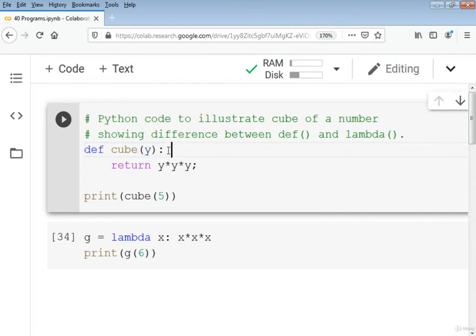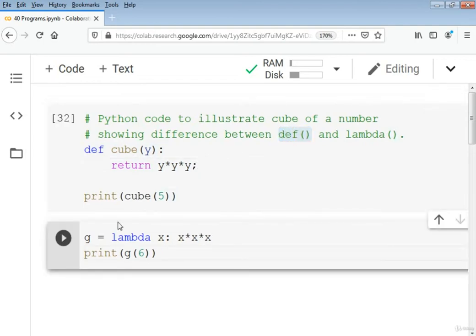Here we will give a value to this function, for which we are going to take the cube. After execution, we also need to return the result. Here we see that we are going to return the result in the form of this program code. So we will have to return the result to where the function was called using the return keyword. We use this return keyword in the simple built-in def function, while in the case of a lambda function we don't need to use any return statement.